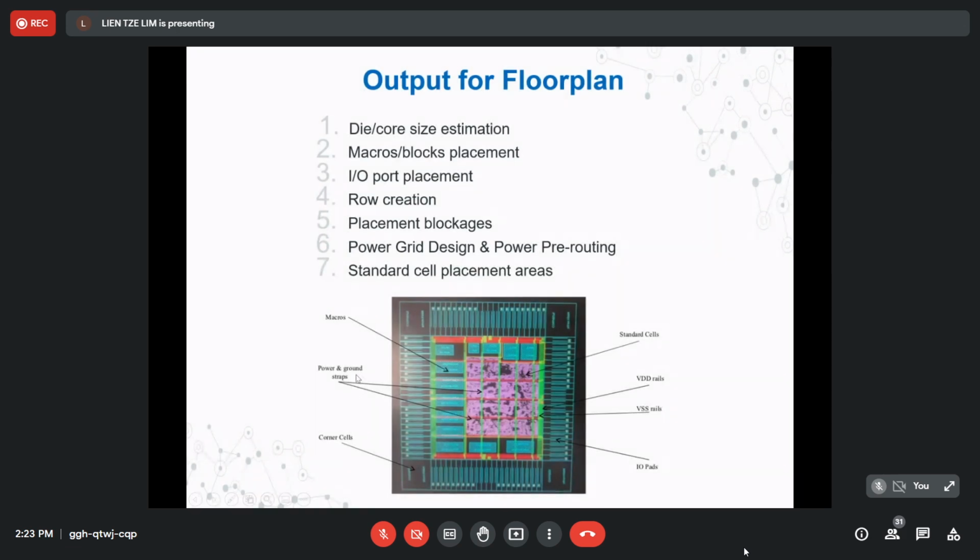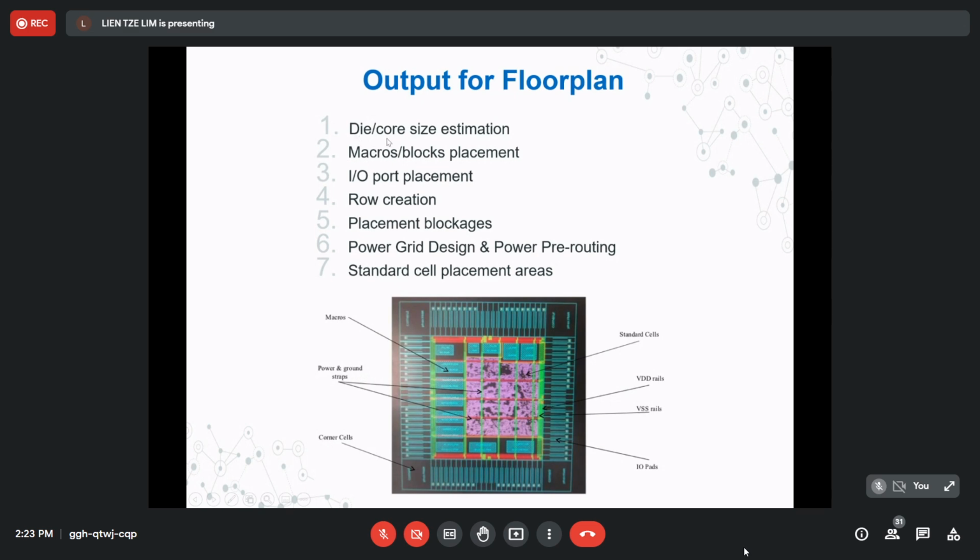As for the output, the output is the outcome that is expected from the floor plan. It determines the quality of the design of the chip. So the output here, as you see, there are a few listed, seven outputs. And they are